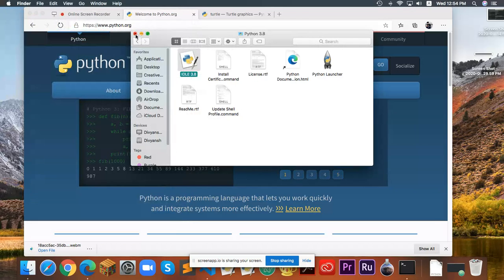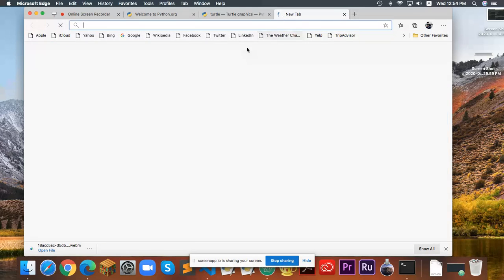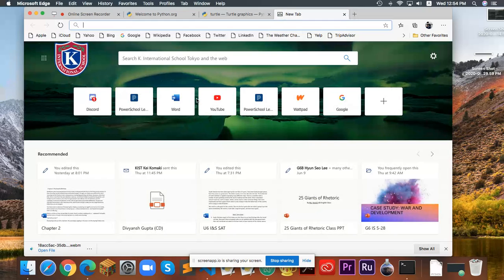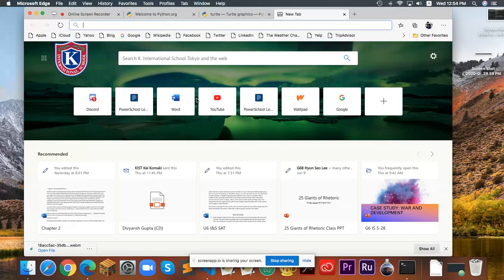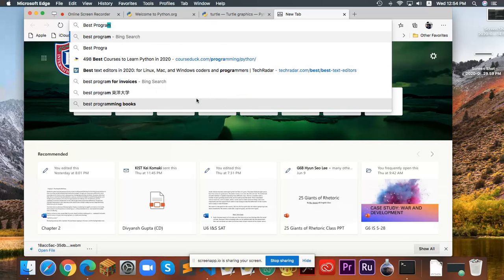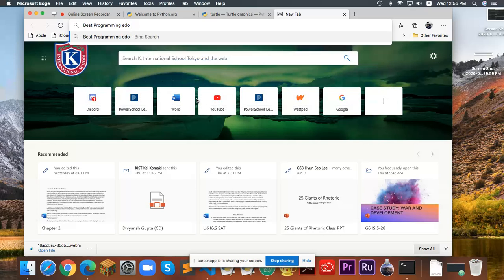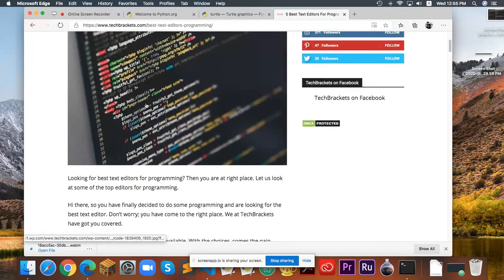you can download it, but a more useful thing is to download an editor, a programming editor specifically. Now, if you want one of the best ones, I'd say you go to Visual Studio Code. Actually, just go to this, best programming editors, and then you'll see. This one, I guess. I'm actually fine with anything, but